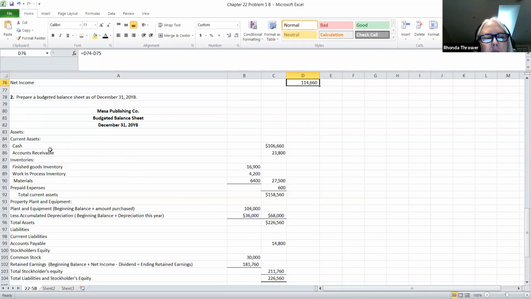But what you should understand is what current assets are. These are the assets that you intend to convert to cash quickly within a year, and some current assets that we've learned about in this course are your inventories, which will be your materials, your finished goods, and your work in process inventories. All three of these are inventory accounts, and they are considered to be current assets, as well as your prepaid expenses. Now, don't worry about the cash balance here.